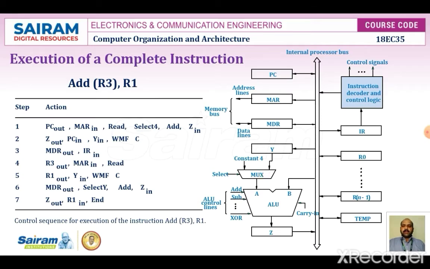Then after that, what happened? It's going to wait for the memory operation to be completed, to fetch the data for the add operation. Then the data which is going to be fetched, in step 6, what happened? When the read operation is completed, the memory operand is available in the MDR. From the memory, through the data line, it's going to be entered into the MDR, the memory data register, and through this it's going to be inserted into the Y.